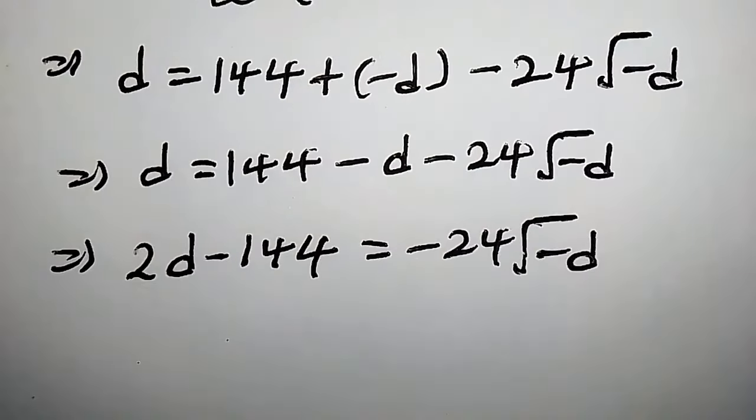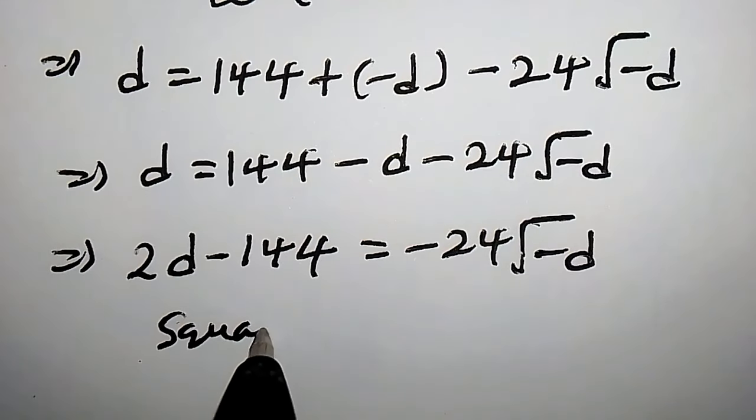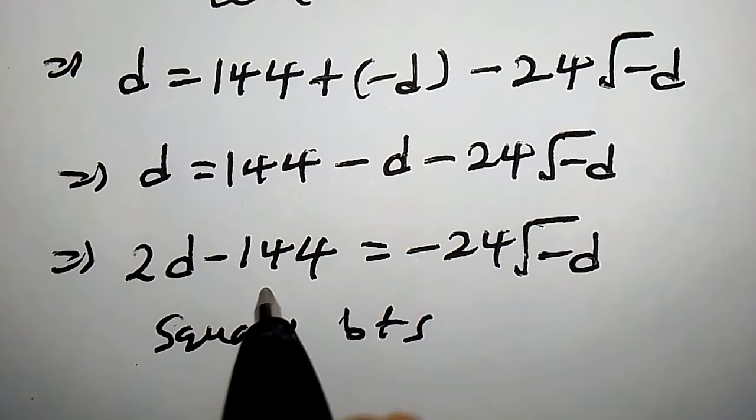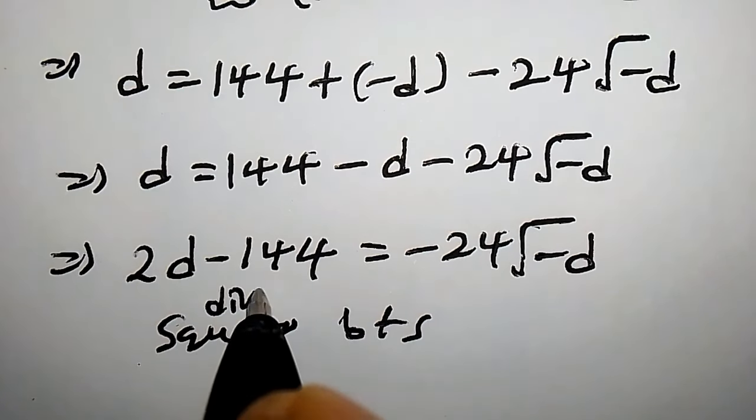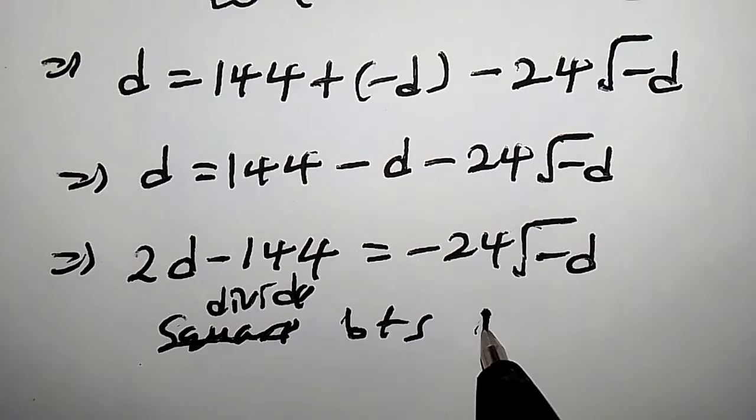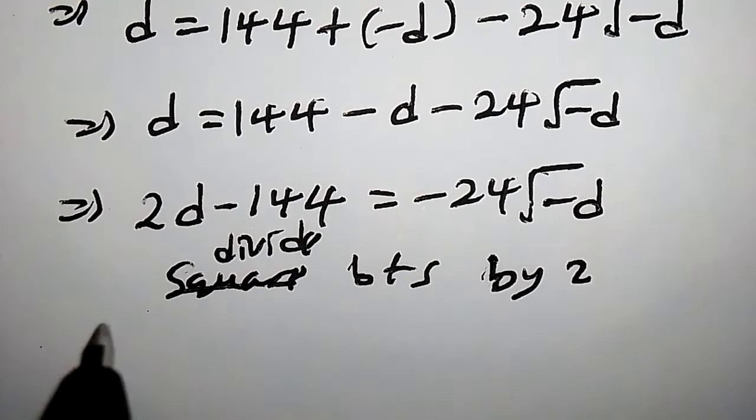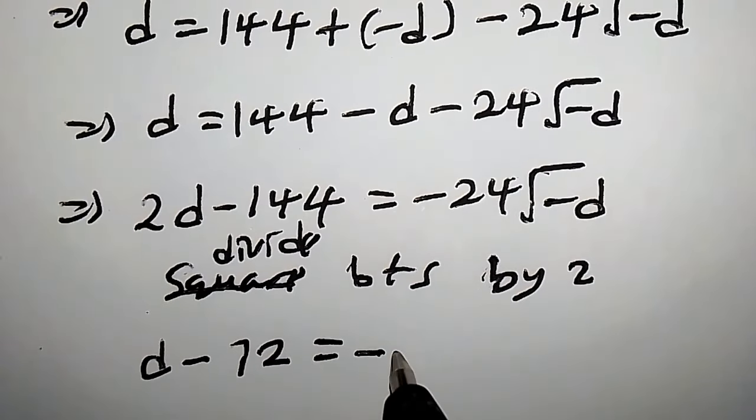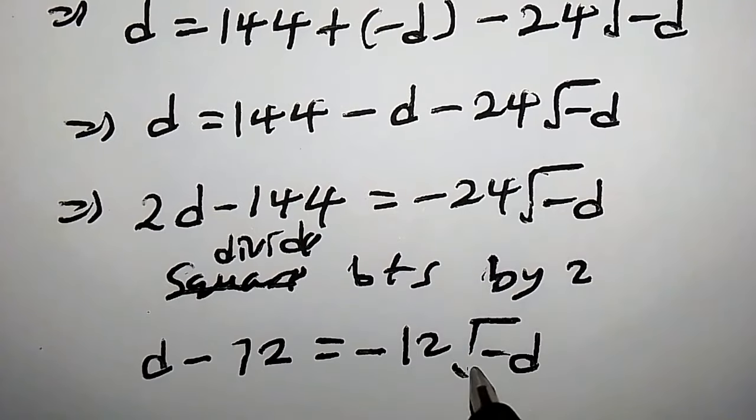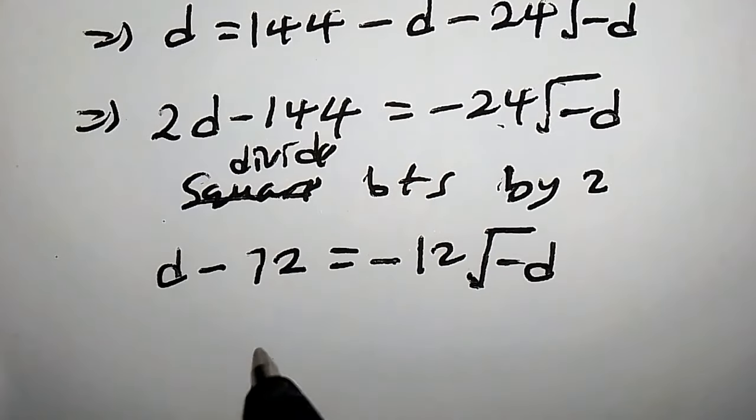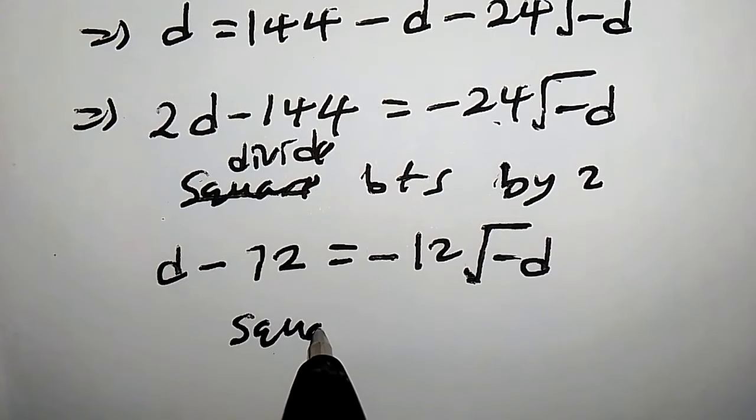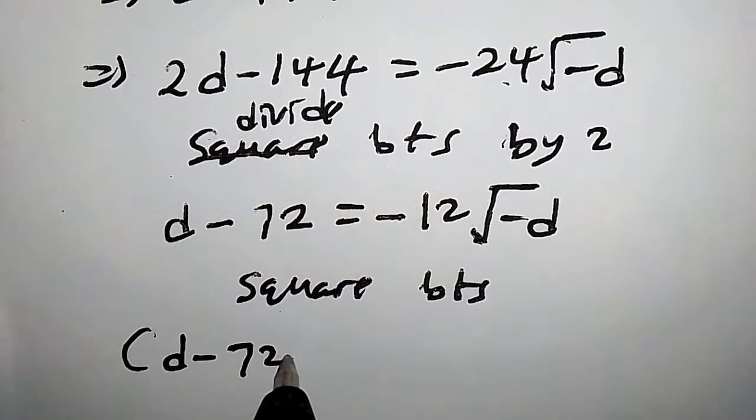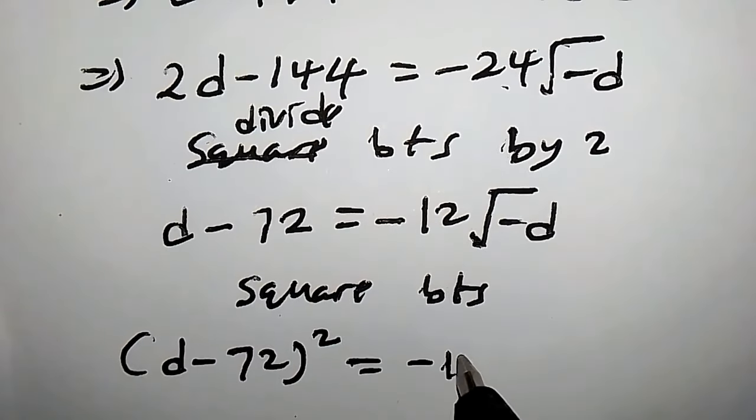of negative d. Now, let us square both sides again. Or before that, let's divide both sides by 2. Doing that, we have d minus 72 equal to minus 12 times square root of negative d. Let's continue. At this stage, we can now square both sides. Square both sides. Doing that, we have d minus 72 all squared equal to minus 12 times square root of